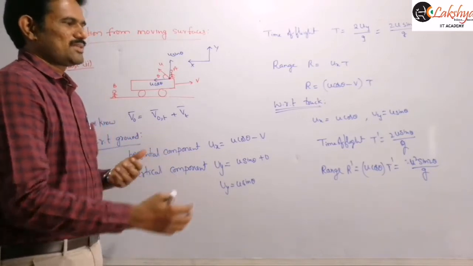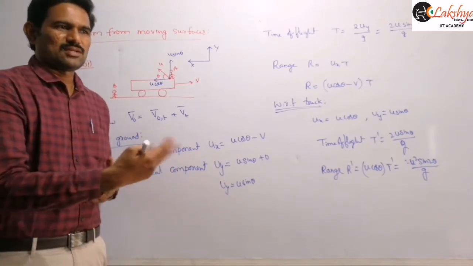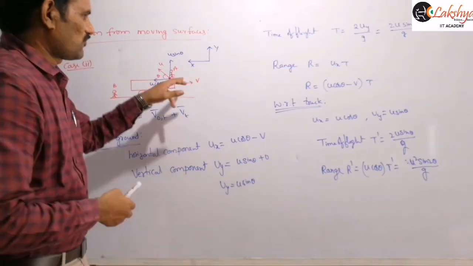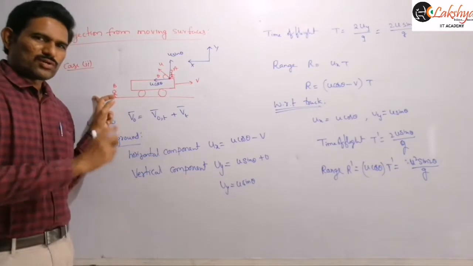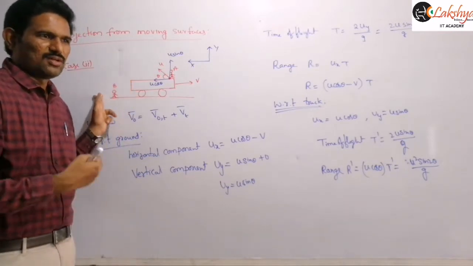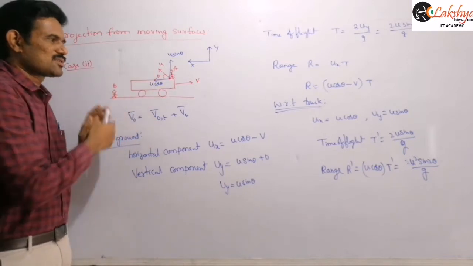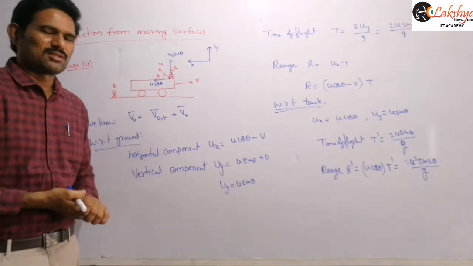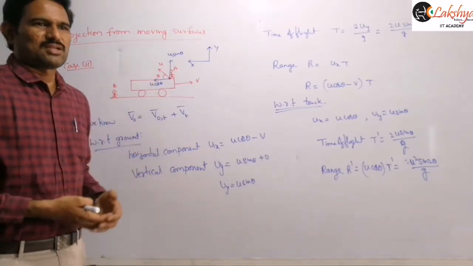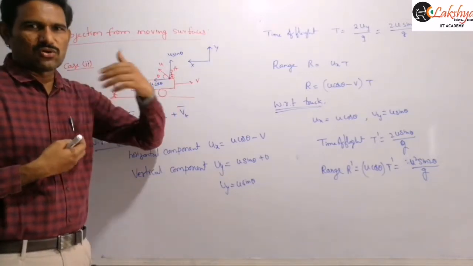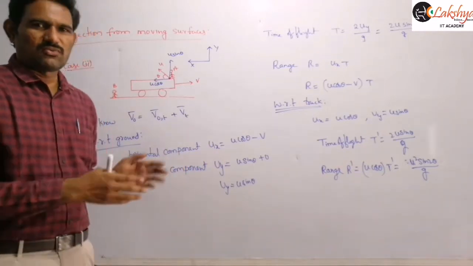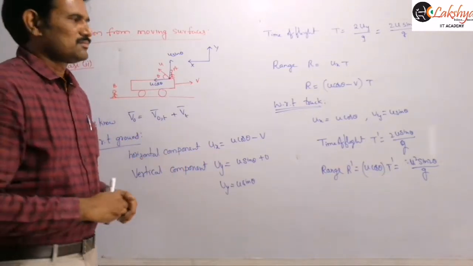That means in all the cases we are assuming the truck is sufficiently long such that the object falls on the truck itself. If it is falling on the ground, we are not considering such a difference here. Remember that, don't confuse it. You may think about what happens if the particle falls on the ground, what about this height, you may think that. We are considering in all the cases that the object is falling on the truck itself. The truck length is sufficiently long so that it falls on the truck itself. For those cases we are doing these calculations, right?